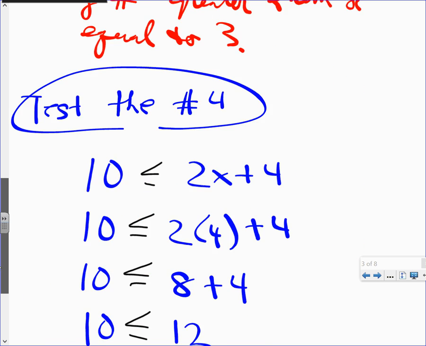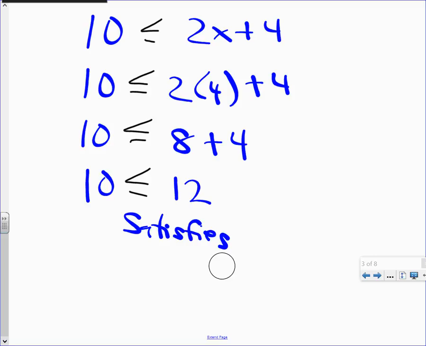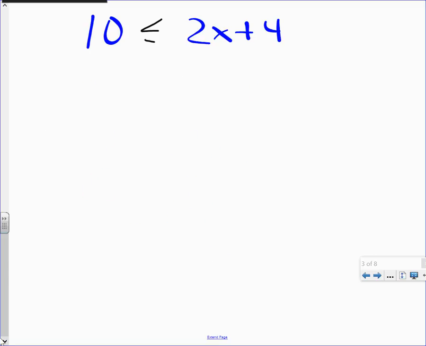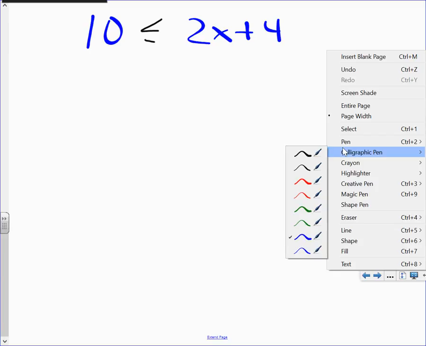Let me test it real quick. Let me test 3. You don't have to test with me. You can let me do the work, if you want, it's up to you though. Here we go. Let me see if 3 will work. 10 is less than or equal to